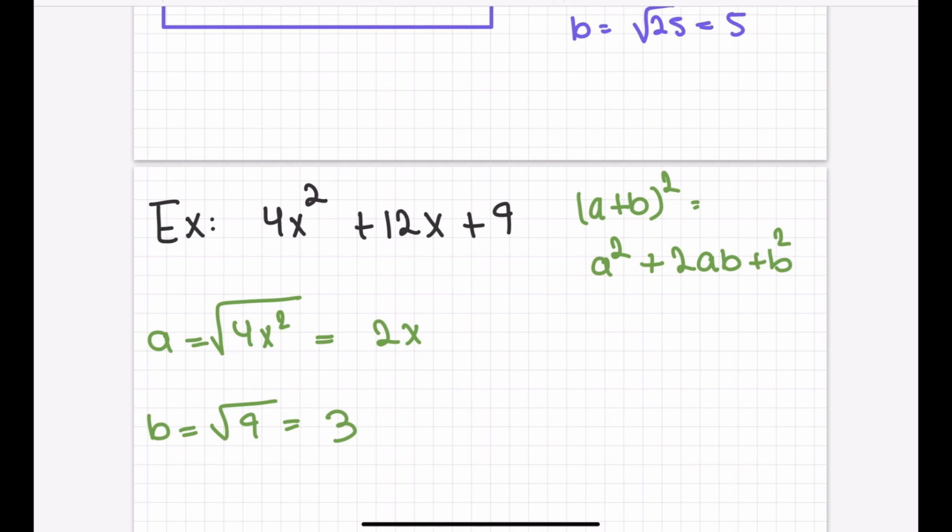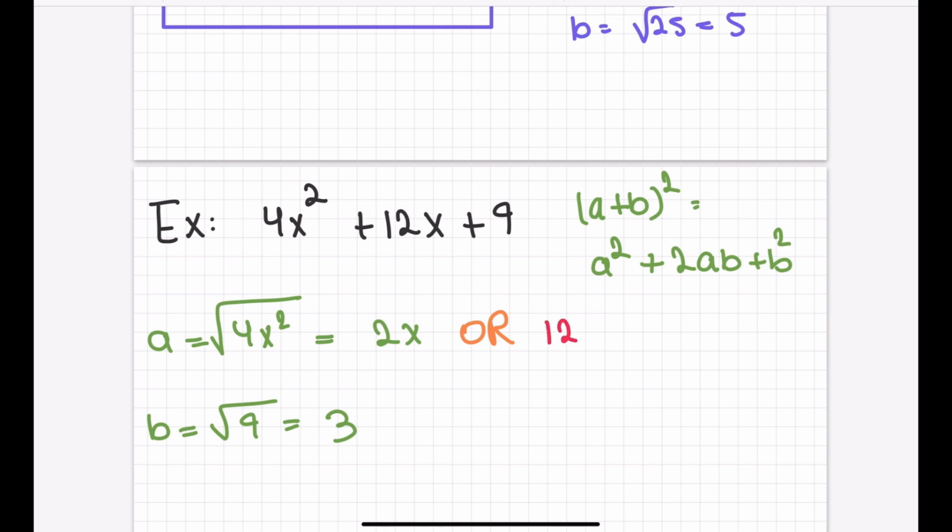You have another way to find a if you want. If you don't like what I did, I took a square root of this. If you don't want to find it this way, you can use the middle, like the midterm. You can find a like that. So you can write down